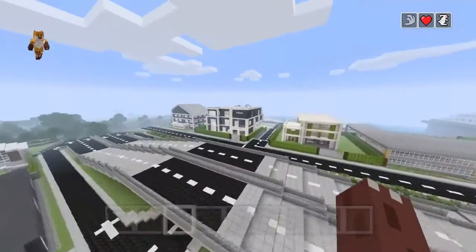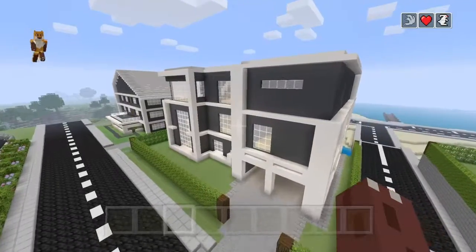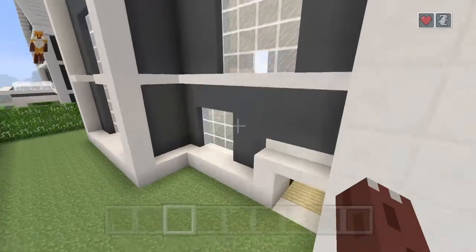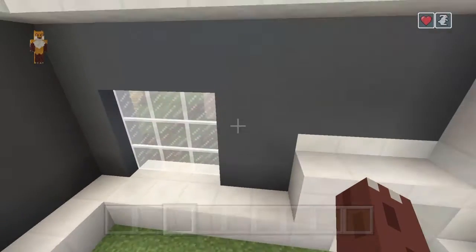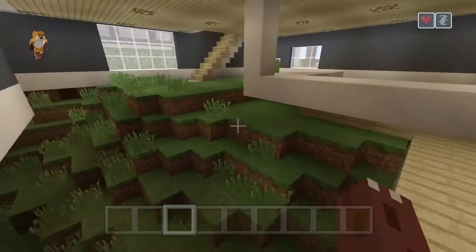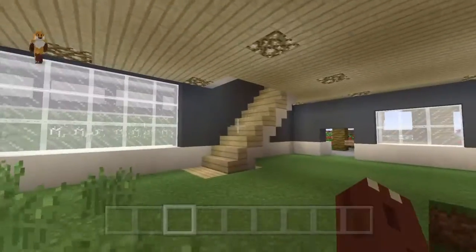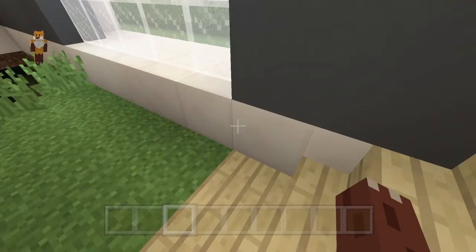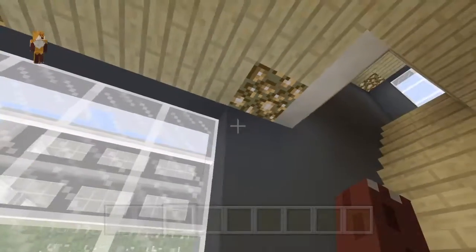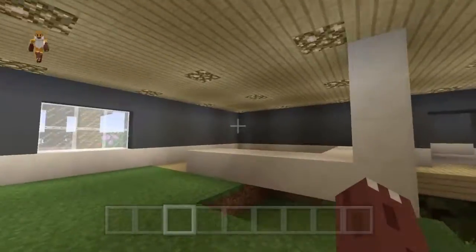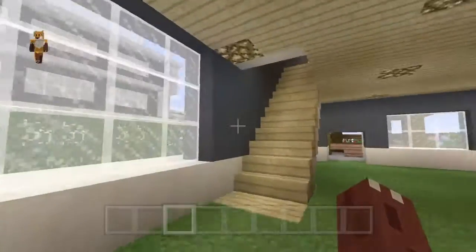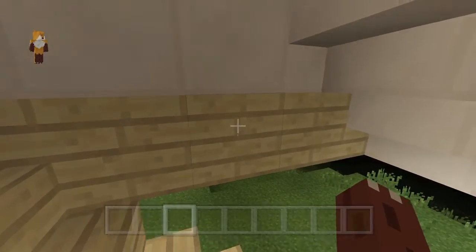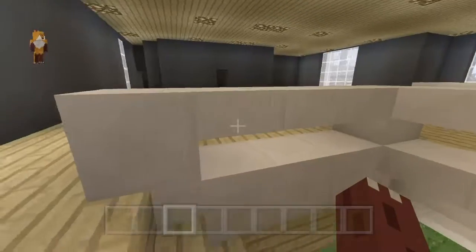Now, when you build a good elevation for a house, like one floor of a house, I would recommend building with 6 blocks. And I realize I haven't finished filling in this floor yet. The reason why I would do 6 blocks is so that you can have 4 blocks of building space downstairs, so like furnishing and all that. I'll give you a good example of that in a minute. And then the other 2 blocks are used for a ceiling block and a flooring block